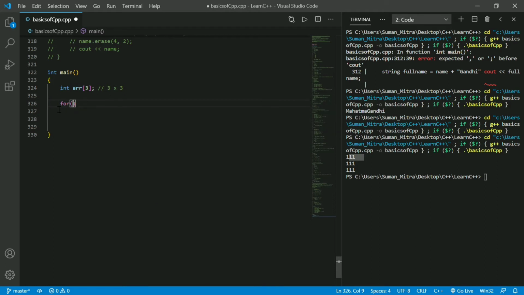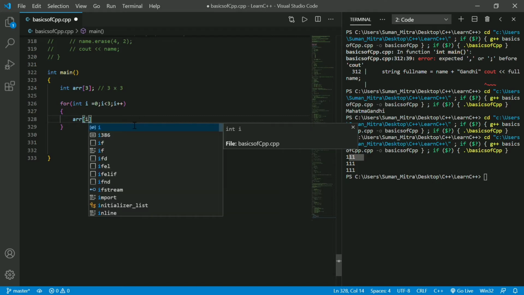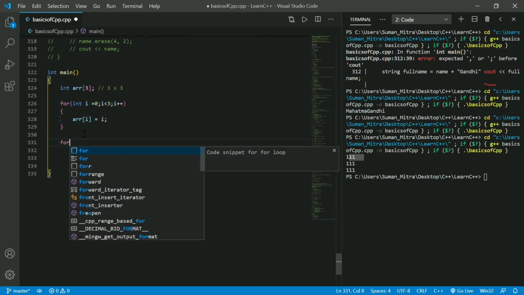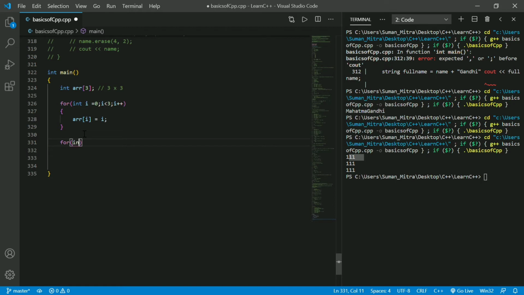So for int i equals 0, i less than 3, i plus plus, we'll initialize arr of i equals i. And for the second, we'll do some statement: for int i equals 0, i less than 3, i plus plus. I hope you are getting this. You already know our for loop. If you don't know, please watch the previous video.